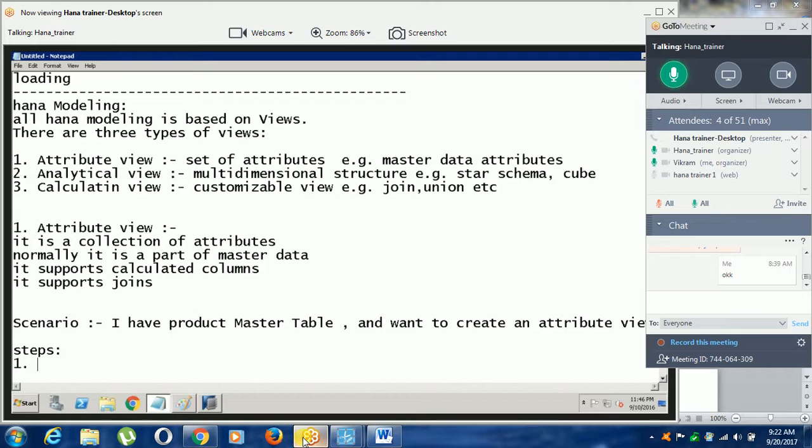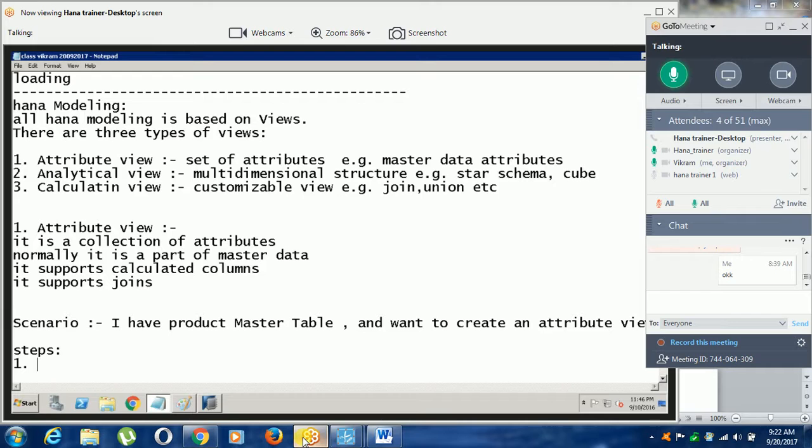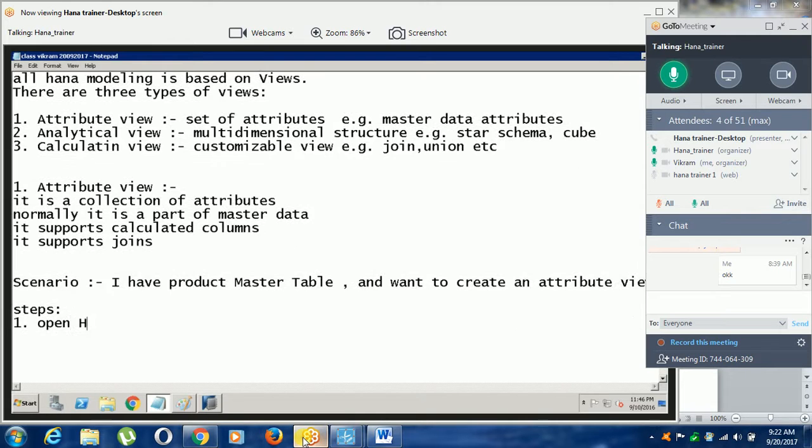Number one, open HANA Studio. Create a new package.